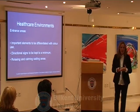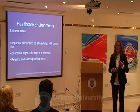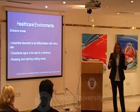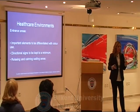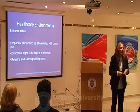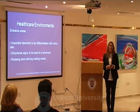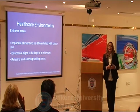And it was based on a research study that found out that if patients were feeling good about their environments, and we didn't know then what good is, so we tried to find out. Patients in a good environment were getting out of the hospital half a day earlier than usual, which means that they were getting less medication and were getting better faster. So that was a big issue, and the Department of Health wanted to look at it immediately to see if anything can be done to improve the environment for patients so that people would recover